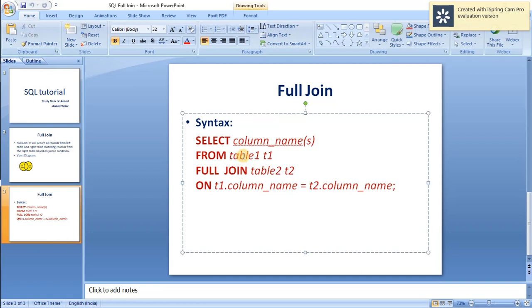You can see that table 1 is the left table and table 2 is the right table, and the select keyword is used to project the information, like the columns that we want to print on the console. After the ON keyword, the matching columns from table 1 and table 2 should be provided for the match condition. So let's see the practicals.